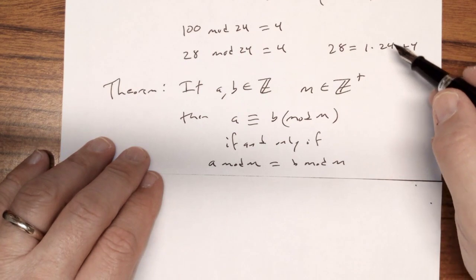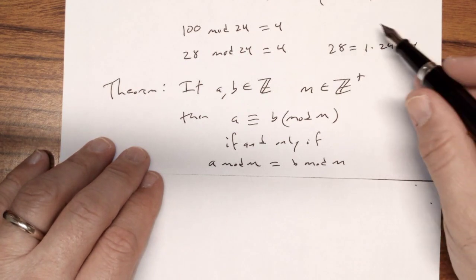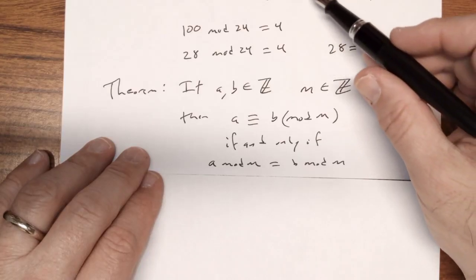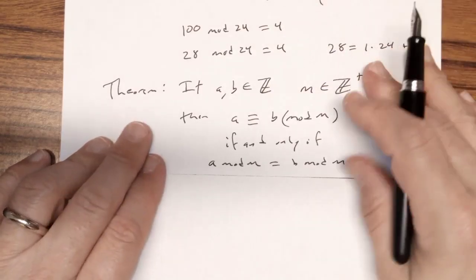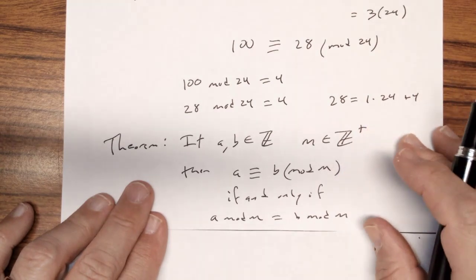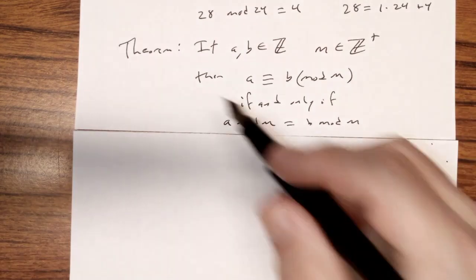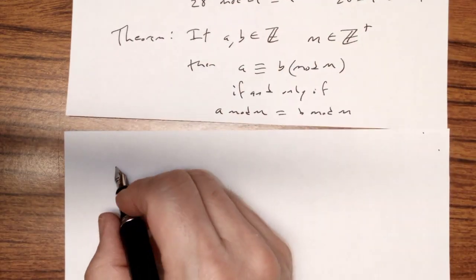But just looking at this idea right here, if I looked at the difference between 100 and 28, the difference is 72. That's 3 24s. So another corollary to this: